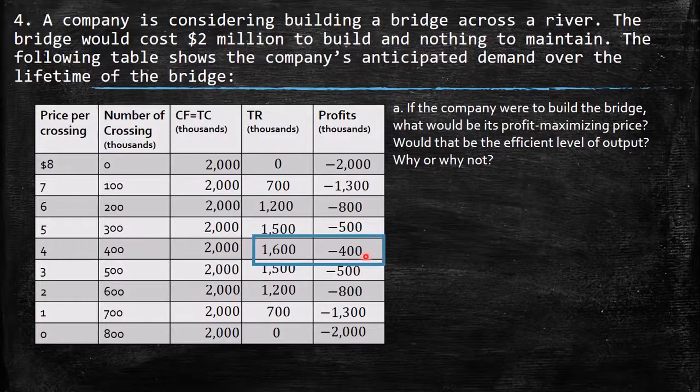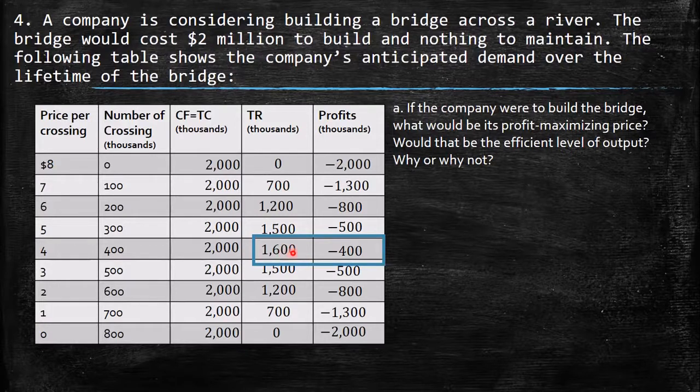Okay, this one maybe is not efficient. Maybe the best decision is not to build or construct this bridge. But once they build it, at least they need to suffer the least loss possible, which is going to be this one. Price for the number of people that cross, they're going to be 400, and then at that